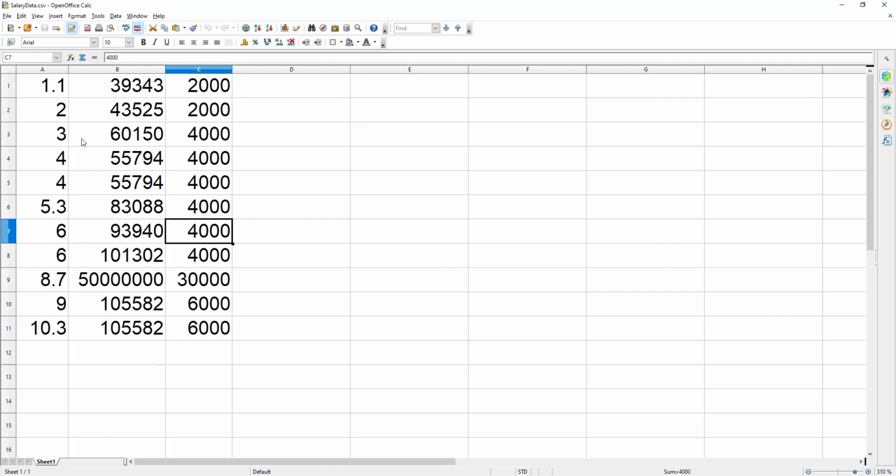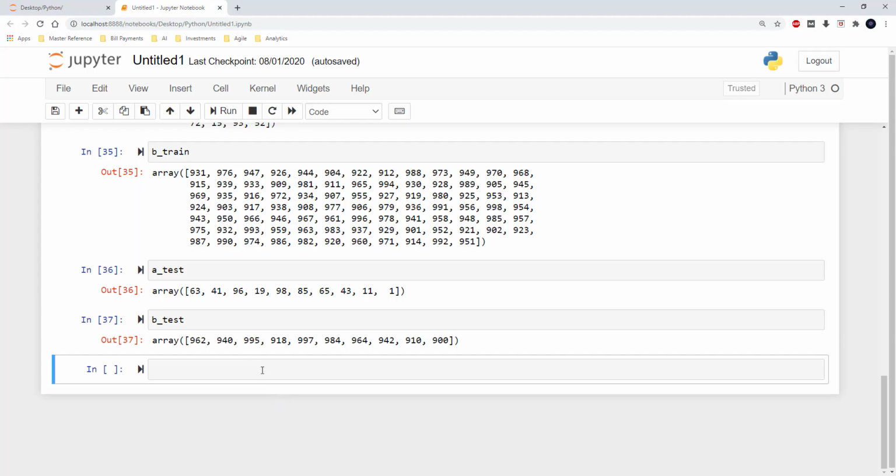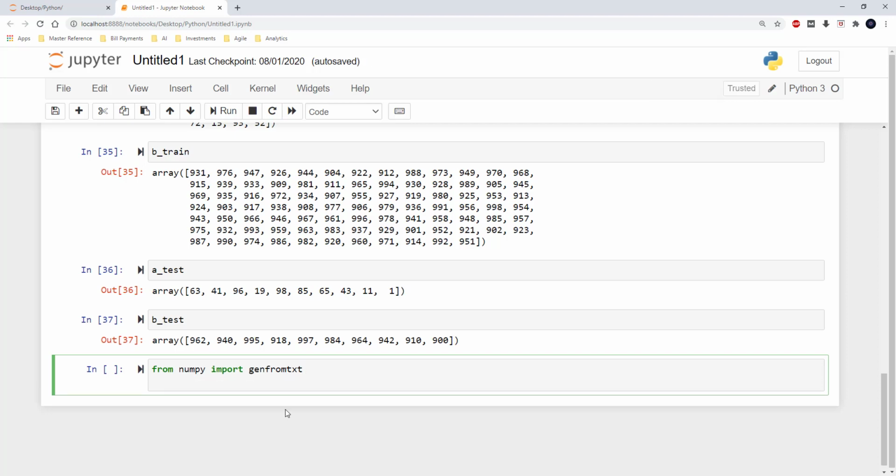So this is just a simple dataset that I have created for this tutorial. So I will read it into a NumPy array. In order to do that, I am using the genfromtxt module from NumPy. So I am importing genfromtxt, and then I am assigning the data from the CSV file to my data.